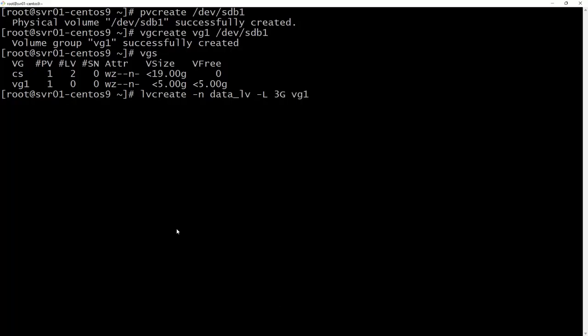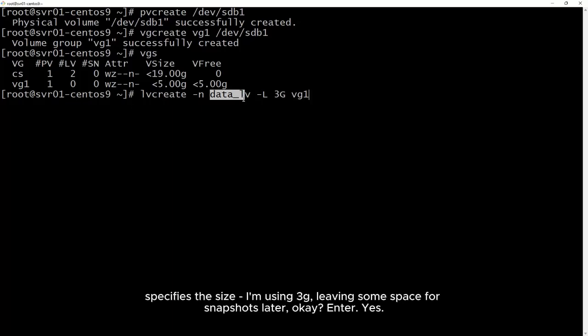Okay, -n specifies the name of the LV, data_lv. -L specifies the size. I'm using 3 gigabytes, leaving some space for snapshots later.